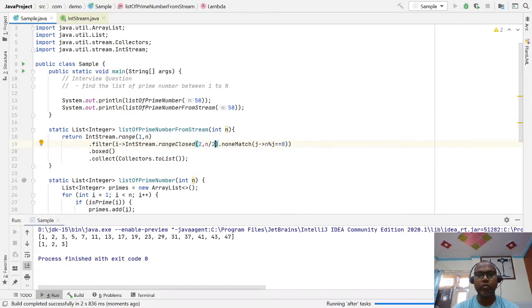We have to run 2 to n minus 1. The range from 1 to n, where i equal to i by 2. Yes, 2 to that number, and after that for each number we have noneMatch, then return. That is the 1 to n. It should work.